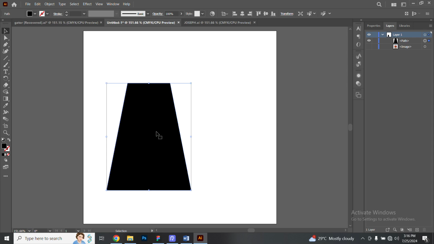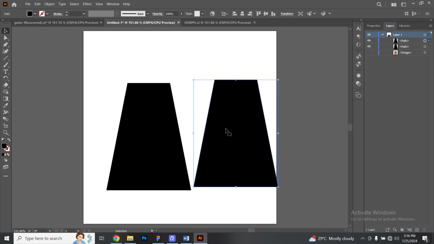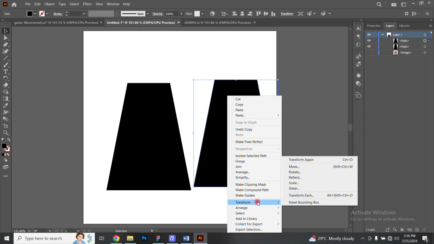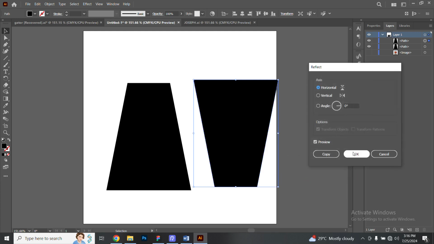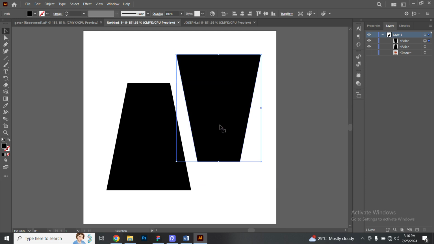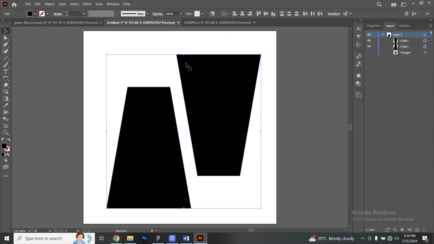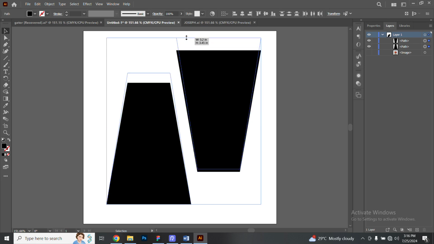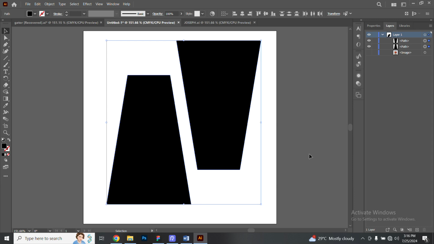So I have this and I want to duplicate it, transform and reflect. Okay, bring it like this, hold the, making it look exactly how we want it to look. Okay, I think it has this straight stuff in it, right? So we want to use the line again. Use the line to create, hold your shift and drag just like we